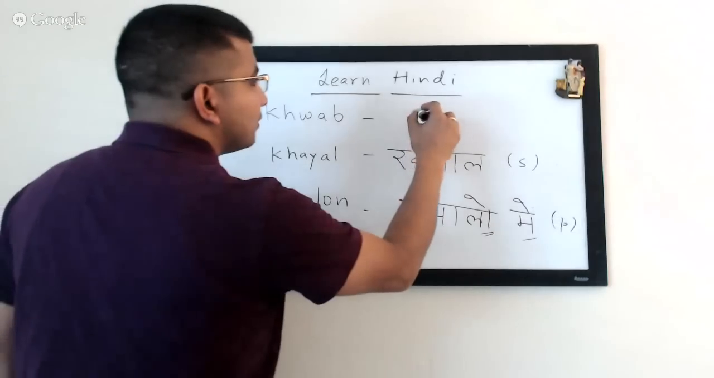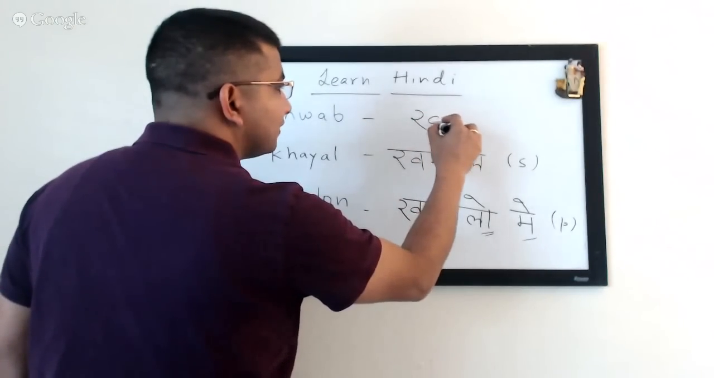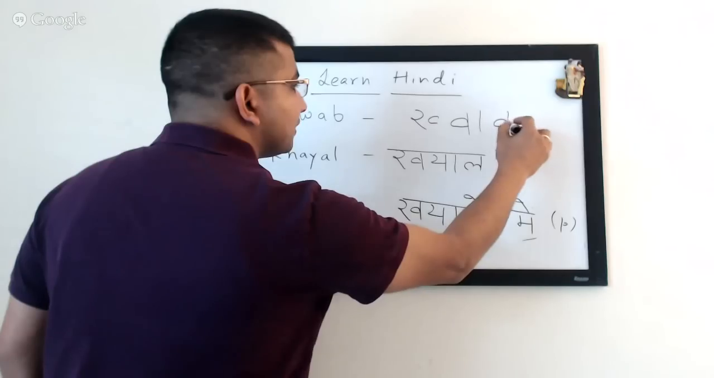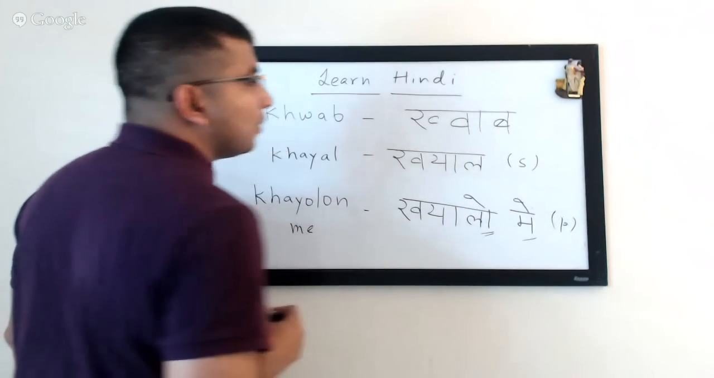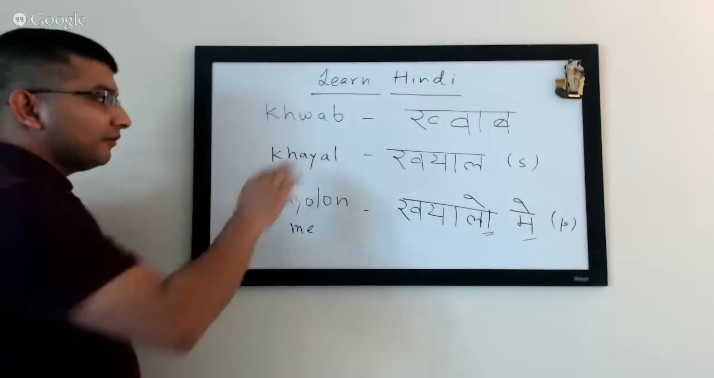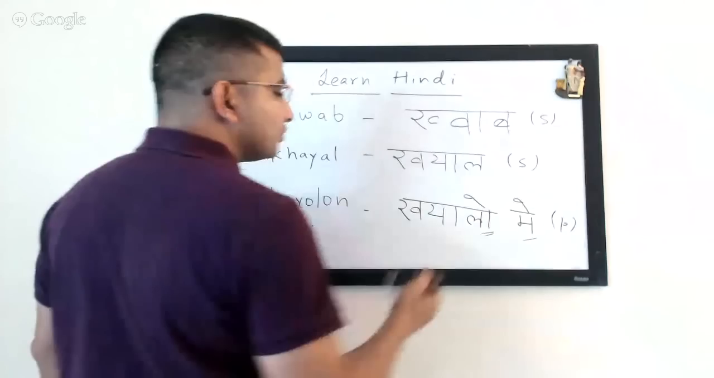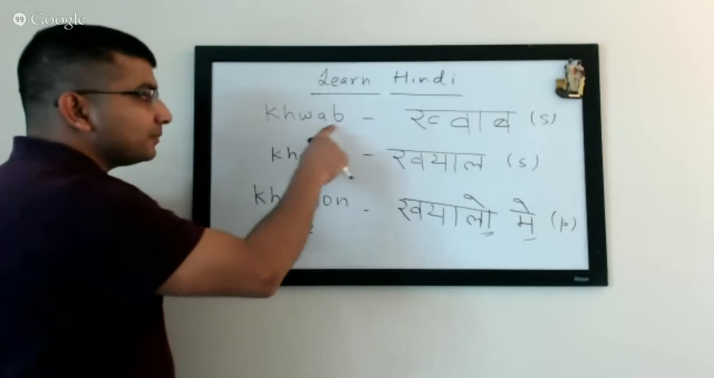Khwab. So it's like half kha, v with a, and then b. Khwab. Right. Same thing. For a singular one, it's a khwab. If you're using plural, it would be khwabo mein. And there are many songs. If you just simply search by